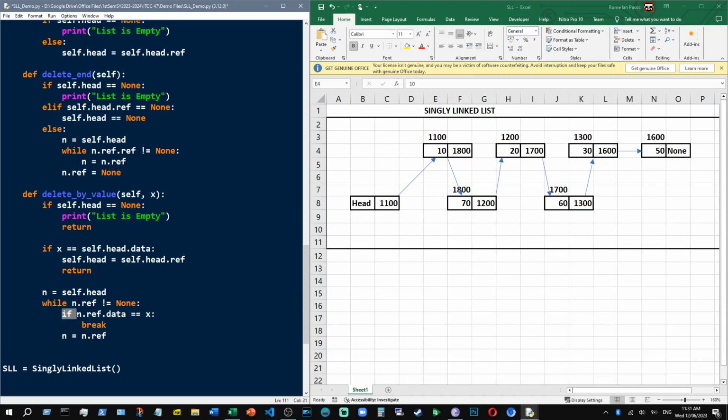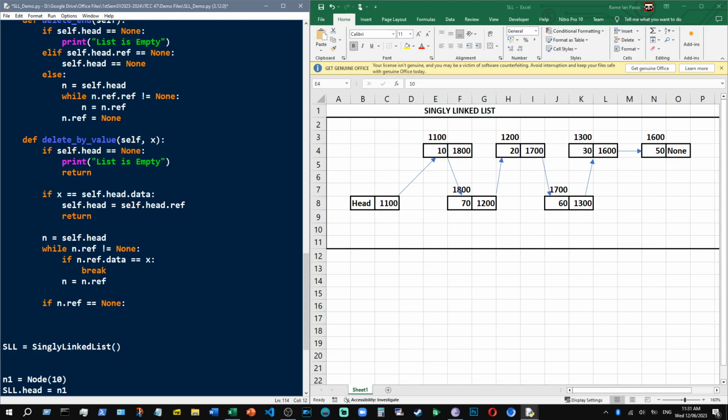If it traverses and doesn't encounter this, it would arrive in a situation in which n.ref would be None. So we need to check: if n.ref is equal to None, meaning we have traversed across all items in our list but still didn't encounter the value, we print "item not found". Else,